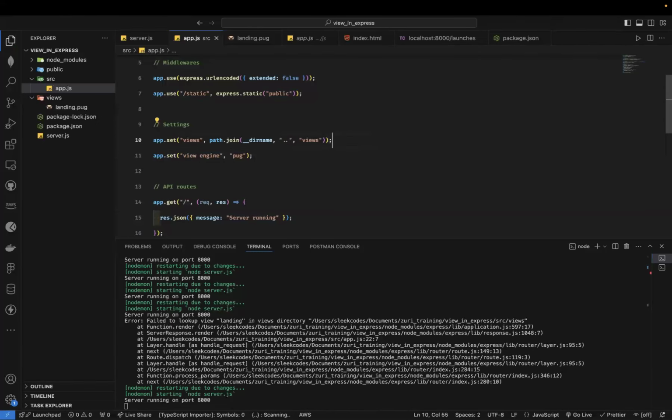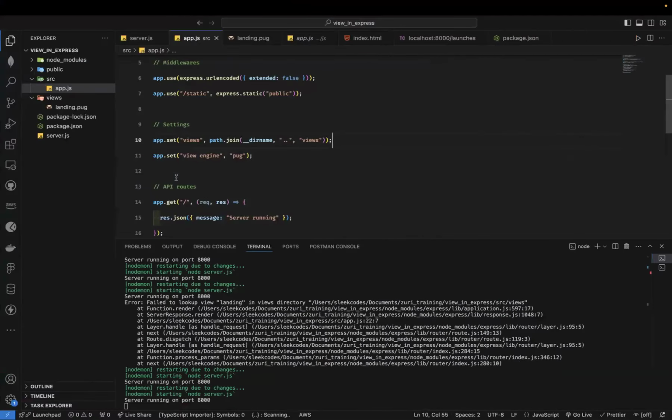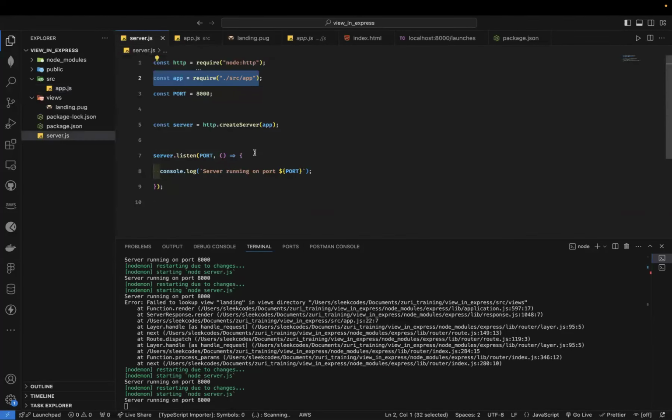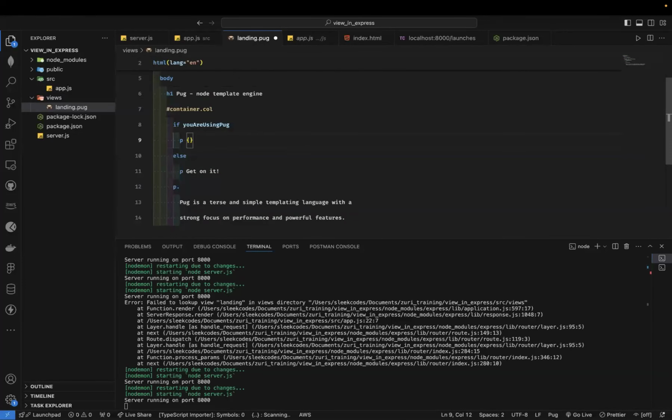So let's try this and see if it will work. If I refresh, it works. All right, so we have our Pug templates and it is rendering. So let's pass data into it and see. Foo, so let's see, you are amazing. We'll say